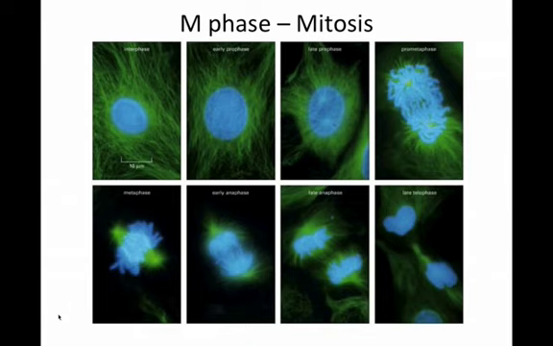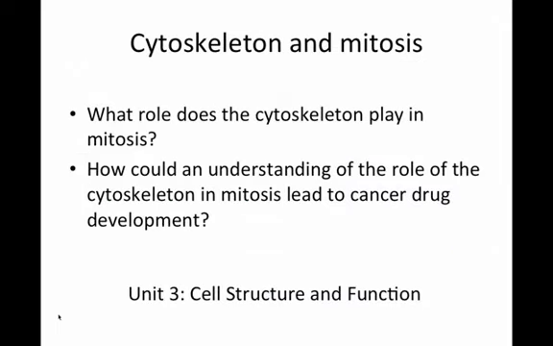So this is just another pretty picture because I love immunofluorescence. Again, your DAPI is always blue, and that's always your nucleus because DAPI means DNA. So this is just showing M phase. Your DNA is going to condense, and then you're going to get metaphase. Remember, anaphase, late anaphase, telophase, right? Okay. So now we're going to segue into the cytoskeleton because we do a nice unit on cytoskeleton.